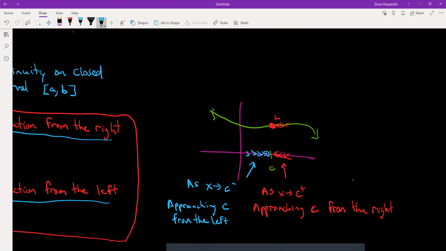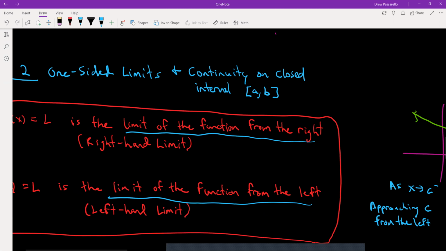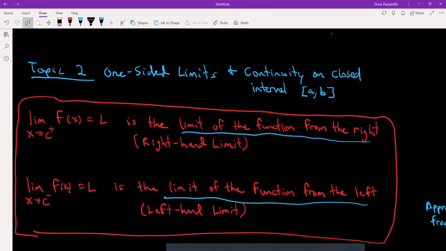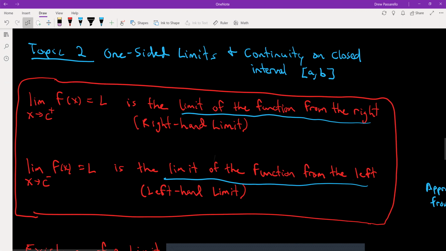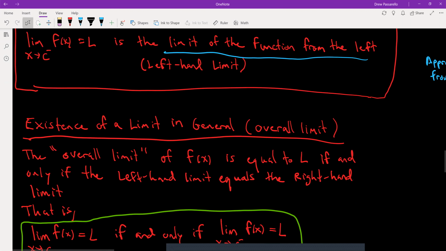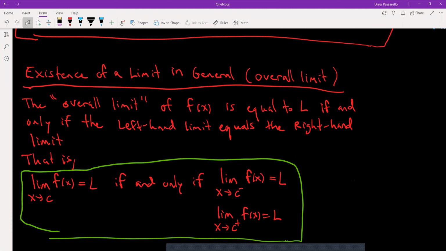And from our graph, it's getting closer and closer to that same point as which we're approaching from the other side. Which leads me to the next thing, and that's called a left side limit, or left hand limit. The existence of a limit in general, when I like to call the overall limit of f of x is equal to L if and only if the left hand limit equals the right hand limit, which we've seen over and over in examples that I've done from the previous section,